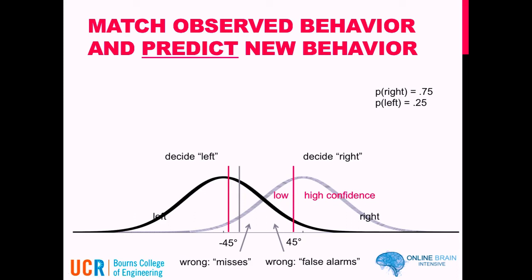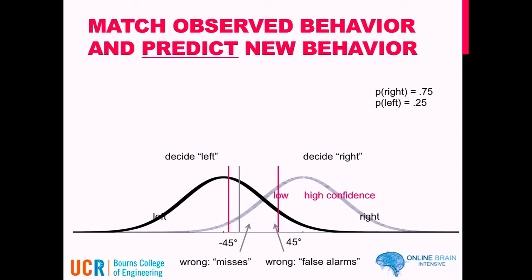You could also add other sources of noise at the type 2 level. So for example, if I use transcranial magnetic stimulation to zap you in your dorsolateral prefrontal cortex, I might mess up your ability to rate confidence or do other metacognitive tasks. So this might make this type 2 criterion, where you say low versus high confidence, unstable so that it changes on a trial-by-trial basis. So this would make your confidence ratings less diagnostic of your probability of being correct, and your metacognitive sensitivity would